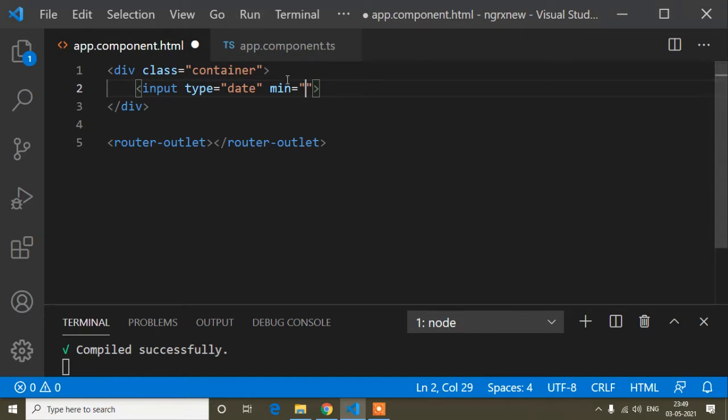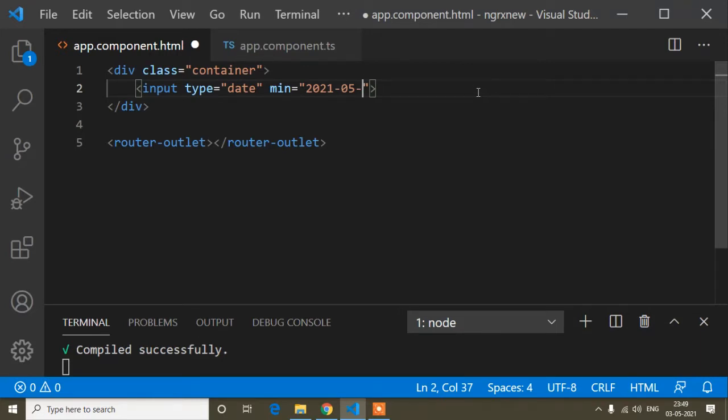The minimum date we can choose is up to today. Today's date: 2021 is the year, then the month is May, which is 5, because January is 1, February 2, March 3, April 4, and May is 5. Today's date is 2021-05-03.